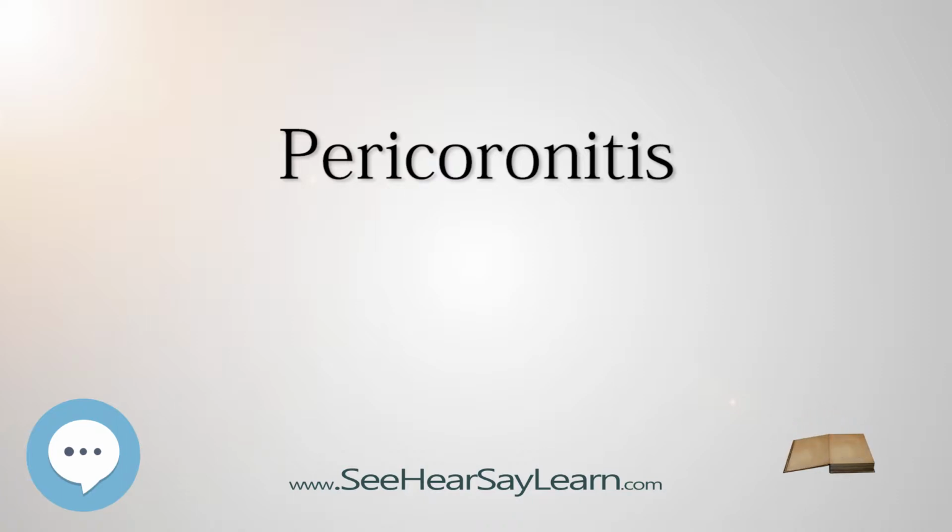Signs and symptoms. The signs and symptoms of pericoronitis depend upon the severity, and are variable. Pain, which gets worse as the condition develops and becomes severe. The pain may be throbbing and radiate to the ear, throat, temporomandibular joint, posterior submandibular region and floor of the mouth. There may also be pain when biting. Sometimes the pain disturbs sleep. Tenderness, erythema, redness, and edema, swelling, of the tissues around the involved tooth, which is usually partially erupted into the mouth.